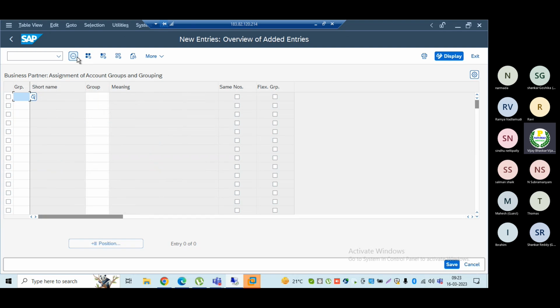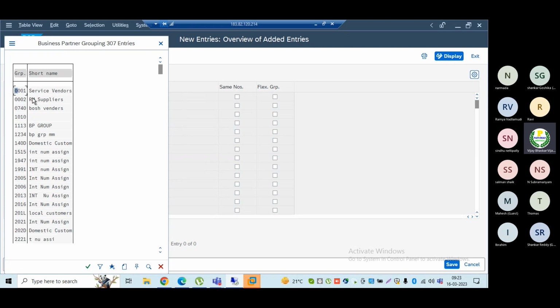Now new entries, select the group which you have created. This is the business partner grouping, remember. The business partner where we have created T001, it will be there.